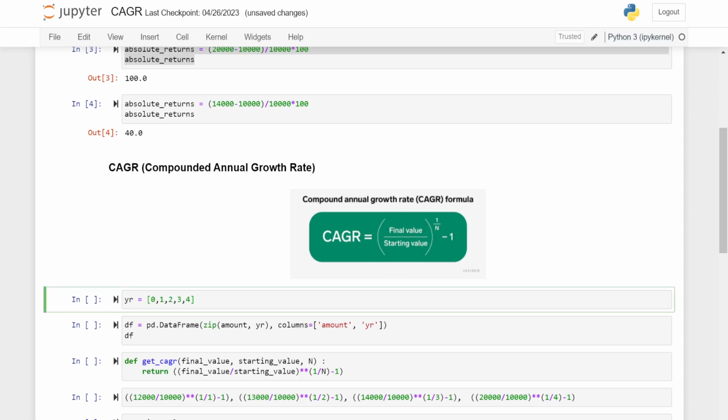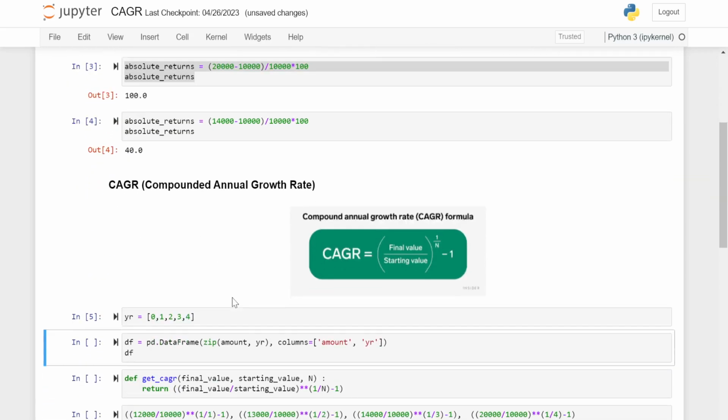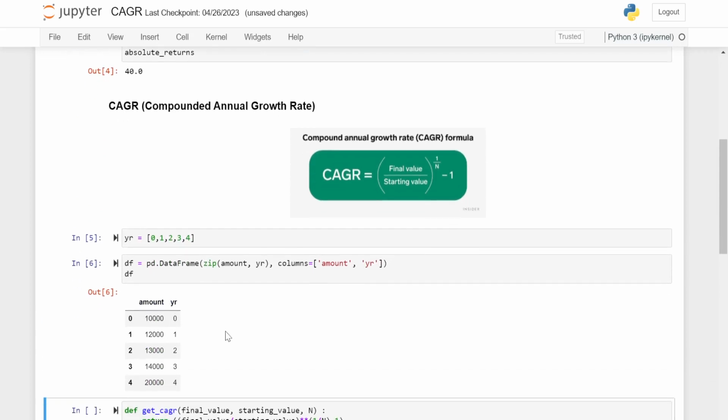Now, let us have these numbers. They denote years. We will create a data frame using this list and this list. So let us create this data frame. Our data frame looks like this, right? 10,000, 12,000, 13,000, 14,000, 20,000. After 0 years, after 1 year, after 2 years, after 3 years, after 4 years, what will be our CAGR,